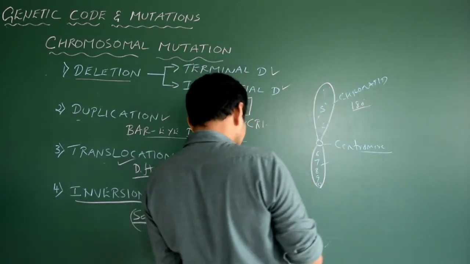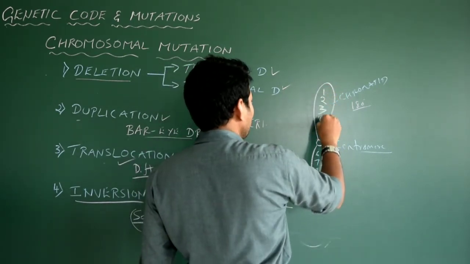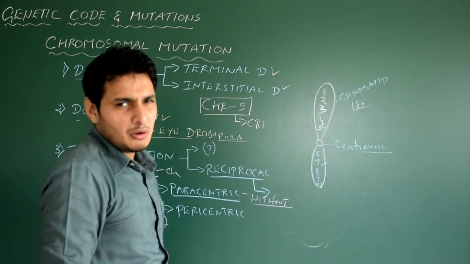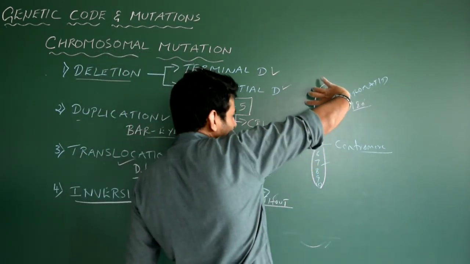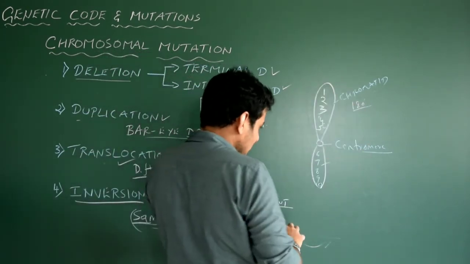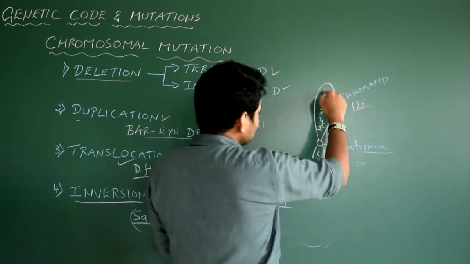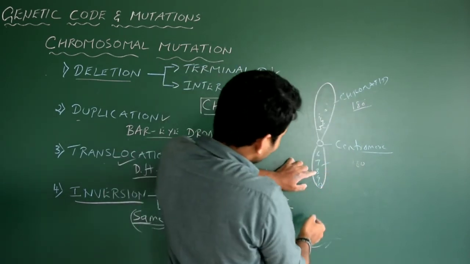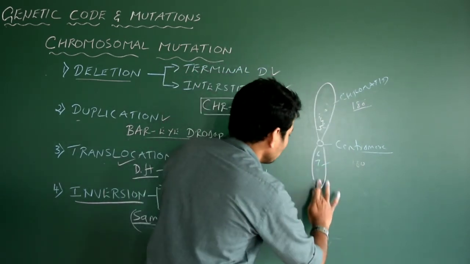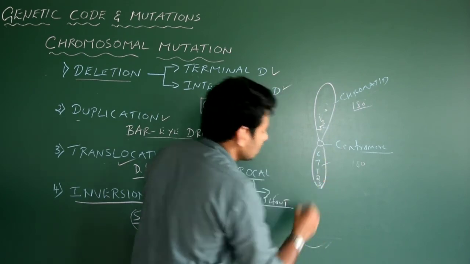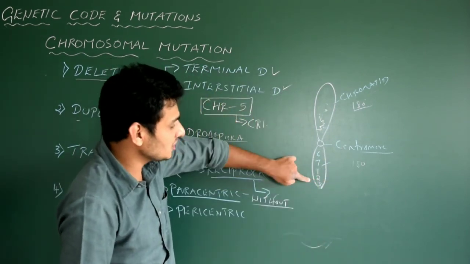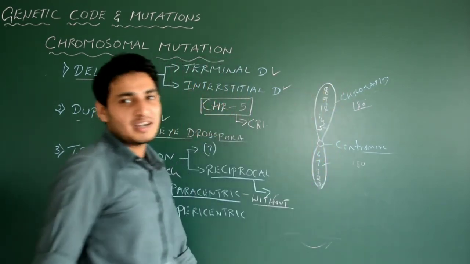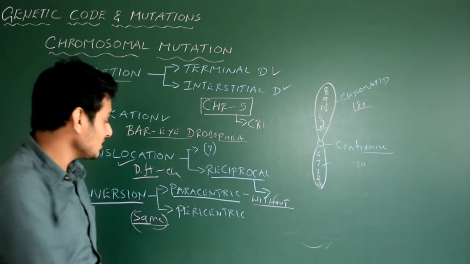So let me write 1, 2, 3, 4, 5. Now let us consider this as any one of the chromosomes out of 46 chromosomes. Okay. So now this entire chromatid is bending 180 degrees. Okay, so let us take 1, 2, 3. The segment containing genes 1 to 3 now comes into contact with the segment containing genes 8, 9, 10. So what's going to happen? There is a sharing of the genes, or sharing of the chromatid, taking place. So 1, 2, 3 comes to this position, and here 8, 9 and 10 go to this chromatid position. Correct? So this is pericentric.